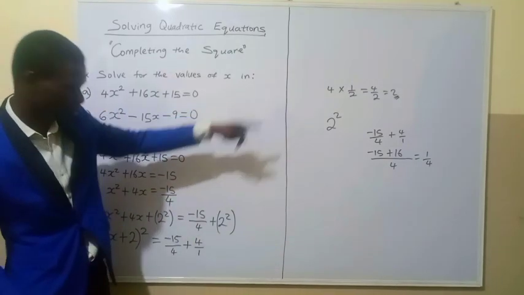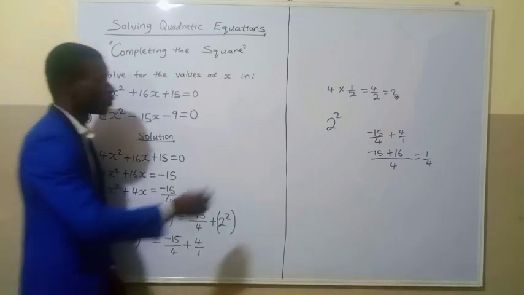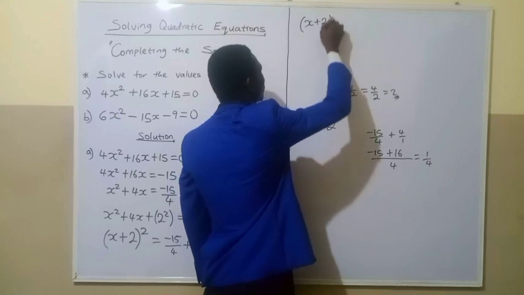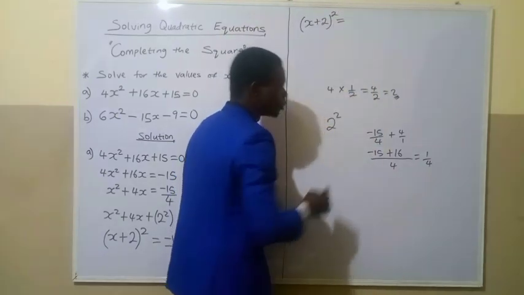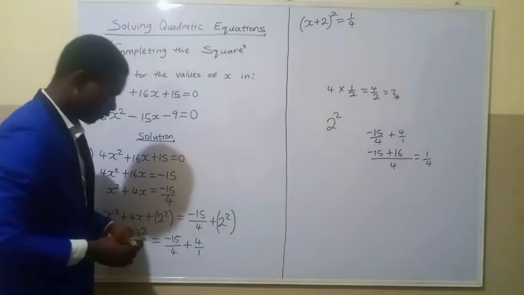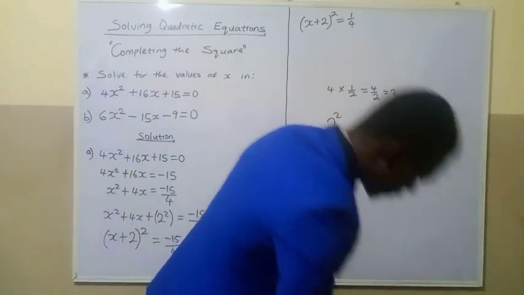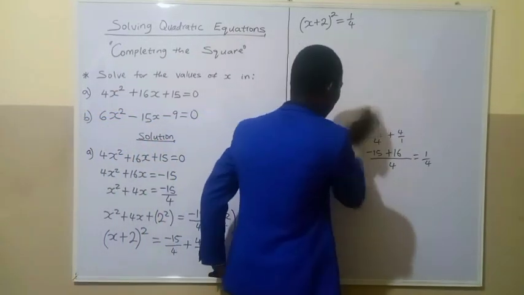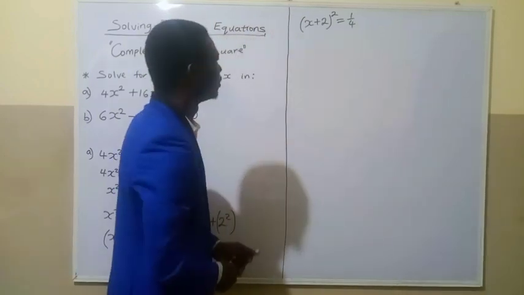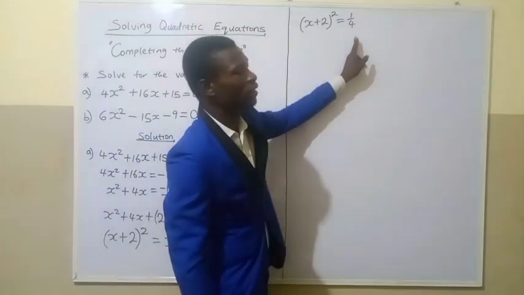And I'll be transferring this solution to the other side of the board. So I have x plus 2 being squared, x plus 2 in brackets being squared, and that's going to be equal to 1 over 4, which is what I had here from the evaluation of the right hand side. So our work is going to proceed from that point there. Now the next thing to do is this. Since this is being squared and is equated to a number after the equal sign, we are going to take